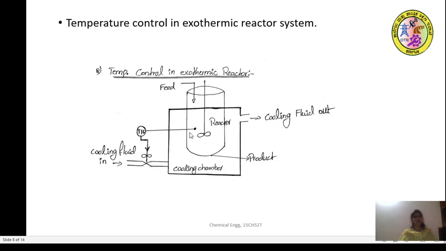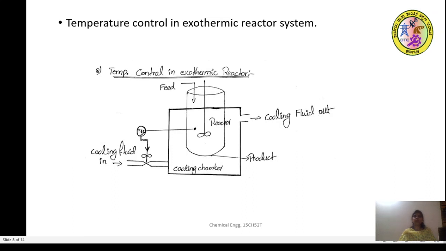So if it is beyond 70 degrees, then automatically the control valve will be opened, so that there will be a flow of the cold fluid inside the jacket in order to cool the reactor, so that the temperature is being reduced. That's why we have shown cooling fluid in and cooling fluid out. So if the temperature is less than the required temperature, about 70 degrees centigrade, which has to be maintained inside the reactor, then